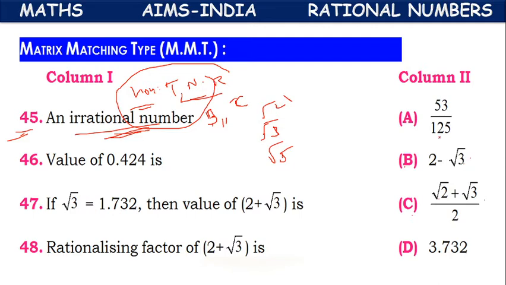Here we have 5 in the ones place. If we divide, we will get 0. It will be a terminating decimal. Here already they have given, it's a terminating decimal.